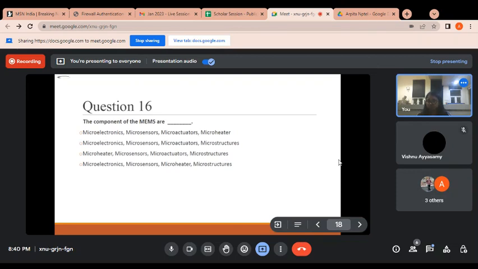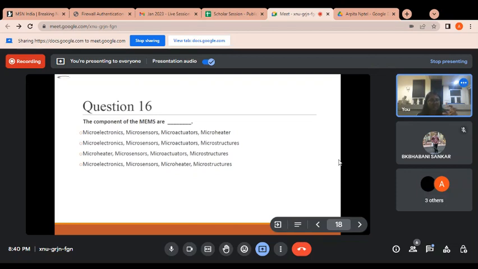Vishnu? Sorry, I think Vishnu already told the answer. So Shankar, what is the right answer? No, ma'am. No idea. Okay, see, the common components of the MEMS are microelectronics, microsensor, microactuator, and microstructure. At first, microelectronics is the main part. Then the microsensor sends the data to the microelectronics. And microactuator